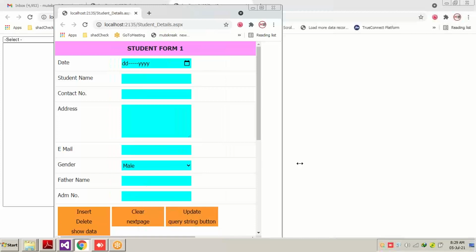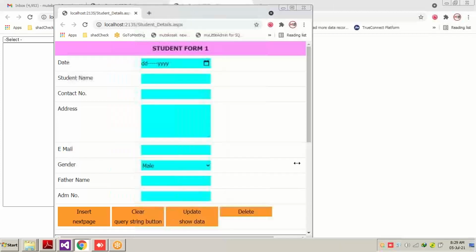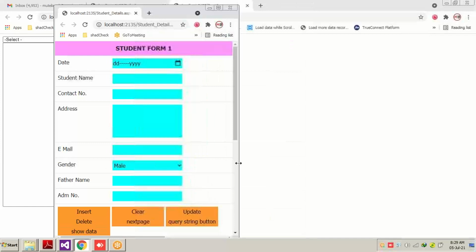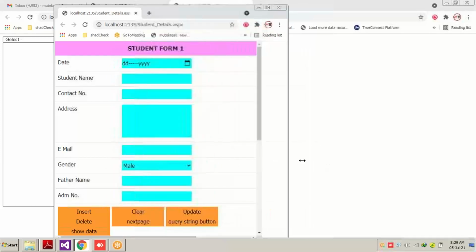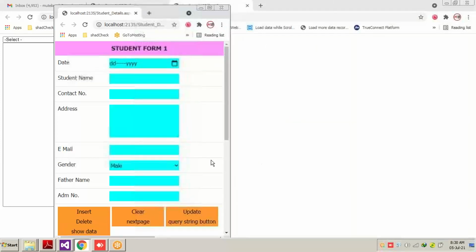So this is what happens if we use the Bootstrap CSS files and classes. To make this particular form responsive, we don't have to write CSS designing, and we don't have to worry about the JavaScript files for the CSS. Everything is taken care of by Bootstrap only. The design will become very good automatically. The text box size and the text box first.